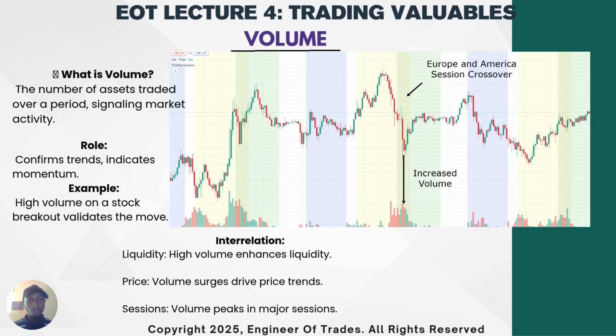So again, if you look at that chart, where I have put that arrow, there is increased volume. If you are using a platform like TradingView or MT5, within the settings you can set to see bars on the horizontal axis, and they are always showing you the volume in the market. So when you begin seeing very high bars, that tells you we already have a spike in volume. And when we have that spike in volume, it goes hand in hand with very good movements that accompany that volume.